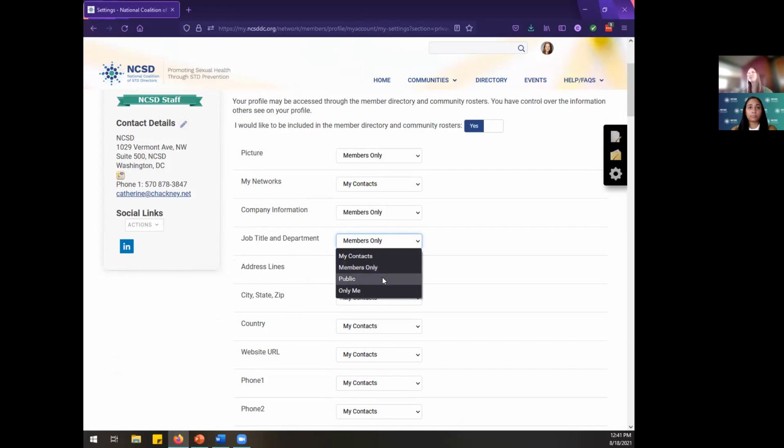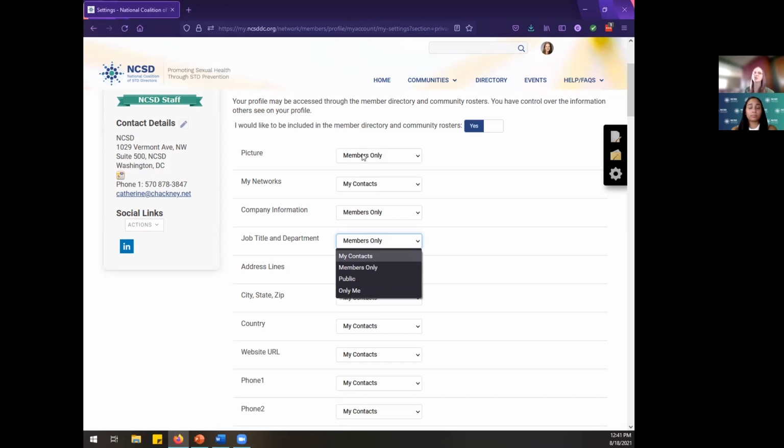Public, which, I mean, gets a little interesting here. There are just a very few pages that can be accessed by people who are not logged in. So if you wanted to make your profile picture public, you sure could do that. And if somebody landed on the My NCSD homepage and they haven't logged in yet, but you've recently posted something to the discussion, or really you're one of our more active members, at the bottom of the homepage, that's what's visible when you're logged out.